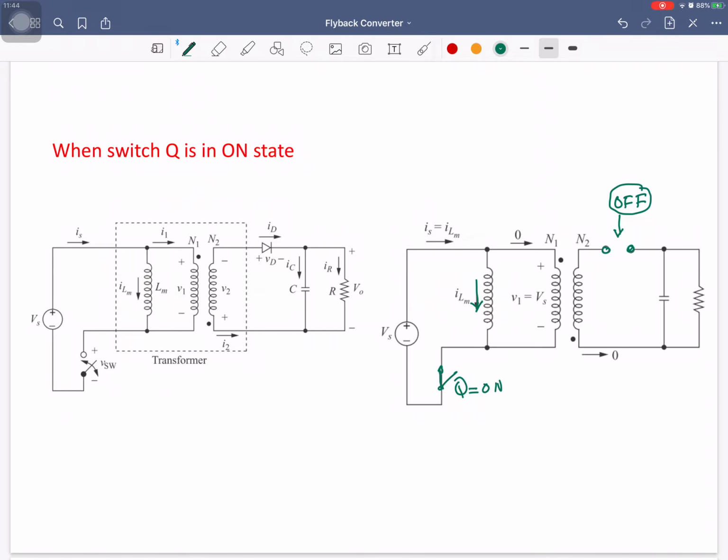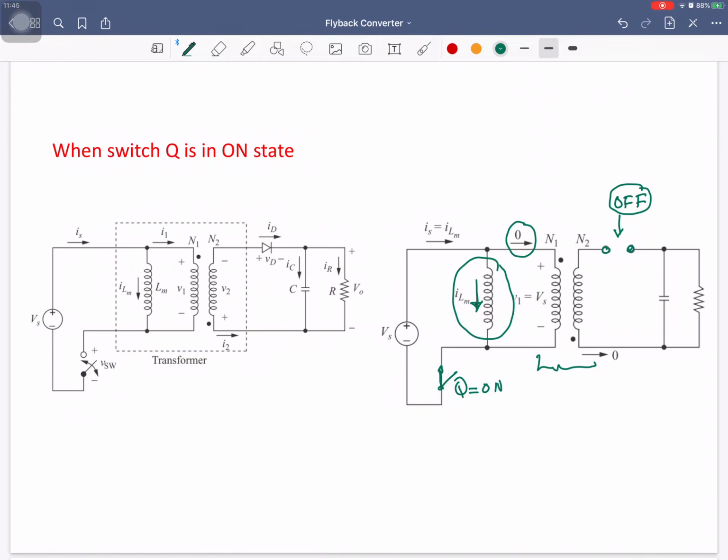There is no flow of current in the secondary winding of your transformer, and that's why we are going to say that there is no current in the primary winding. No current in the primary winding, no current in the secondary winding. The current is passing through basically the magnetization branch that is being represented over here. In the real transformer, basically this will be passing through the transformer primary winding. But over here, we are using the model of the transformer, and for that we are considering that the whole current is passing through the magnetization branch and no current in the primary winding of the ideal transformer over here.